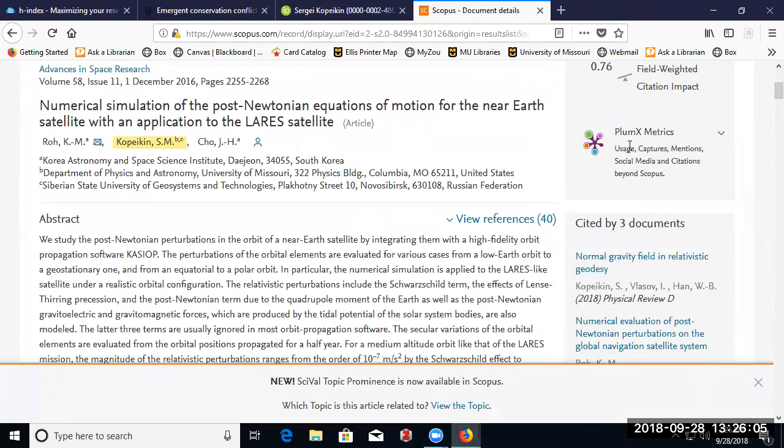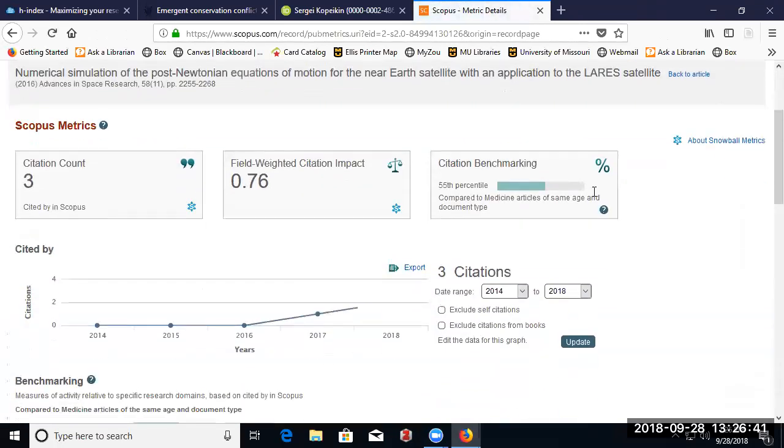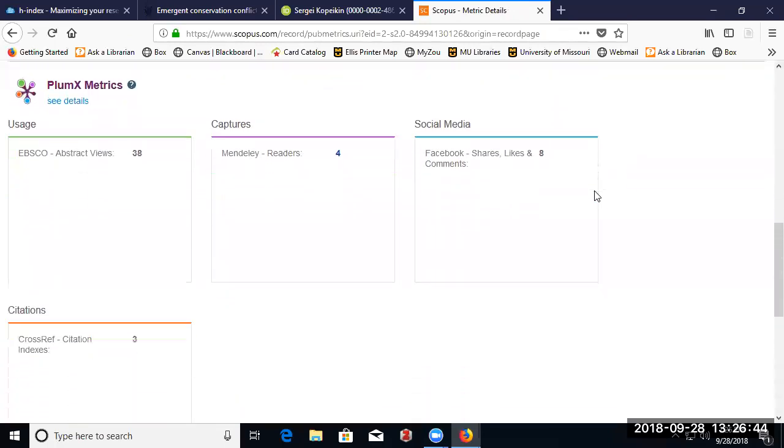One of the companies that does this is called PlumX Metrics. I have no idea where they came up with that name, but they're one of the big companies in this area. The other company in this area is called Altmetric, and I think Altmetric must have been the first company in the field because they sort of got the name. But Scopus, the database is owned by the big publisher Elsevier, and Elsevier has bought the PlumX Metrics company, and that's why they stick this in here. If you click on this graphic,